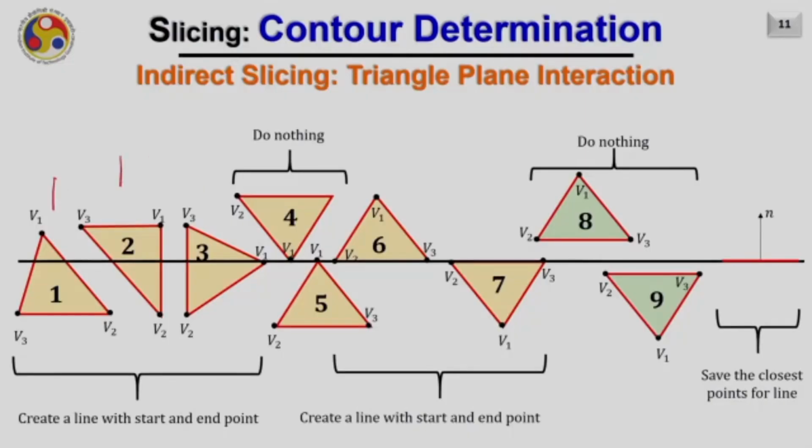through that. For case 1, 2 and 3, where we have two intersection points for case 1 and 2 and one intersection point and a vertex for case 3, we can easily create a line connecting these 2 points, because here you have 2 points corresponding to each triangle. So, you have to just create a line, and you know how to write an equation of a line passing